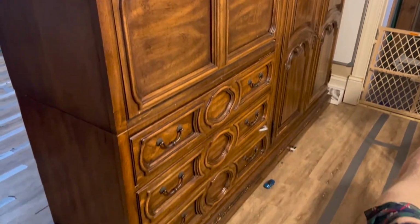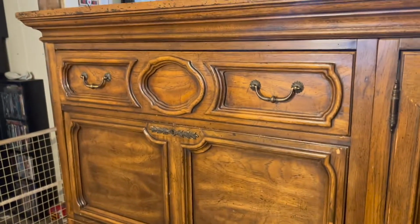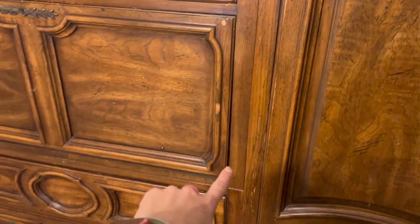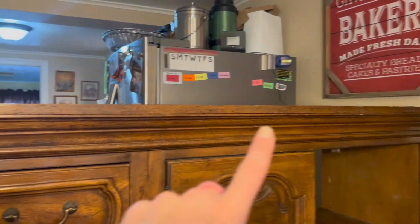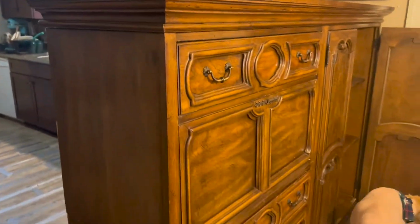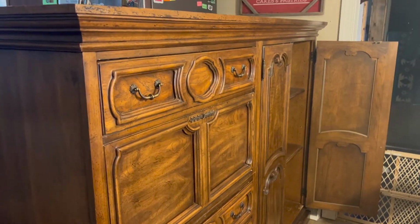So this is an old TV Hutch. There's like a cabinet on this side with some shelves. This side has some drawers. And it's all in pieces. So this is one piece here, this is another piece, and then this is another piece over here. The top is its own section. So I'm thinking it's going to be easy to take apart. I could be wrong, but...